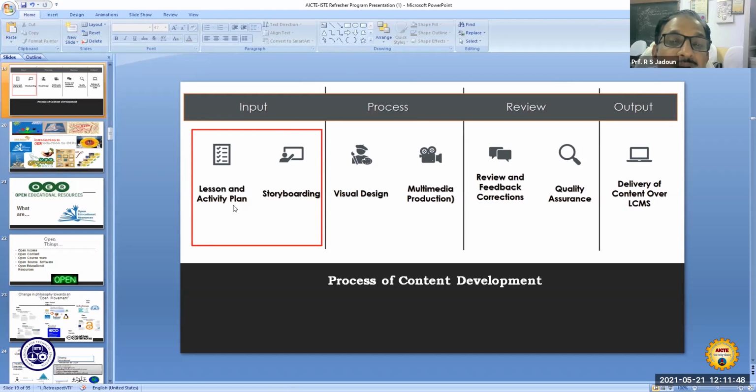Lesson and activity plan, storyboarding, all this will be part of the input. And then how we will process it to make it as per the learner's need: visual design, multimedia production, and finally we will also review whether what we intended to do is actually being produced or not. So review and feedback, corrections and quality assurance are done in between before the output is finally delivered to the learner's content management system.